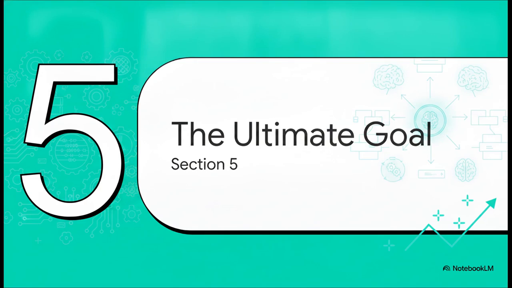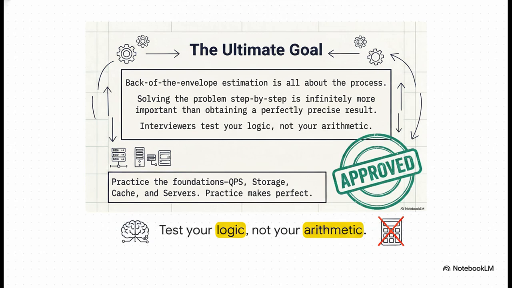Which brings us to our final stop, Section 5, the ultimate goal. Here is the absolute overarching truth you need to remember. Back of the envelope estimation is all about the process. Honestly, solving the problem step by step, doing it out loud, and clearly documenting your constraints is infinitely more important than arriving at some perfectly precise mathematical result. If you just clearly document your constraints and your logic, you're gonna earn that stamp of approval even if your final math is a little off. Why? Because your peers and your interviewers are really just testing your underlying logic and seeing if you actually grasp